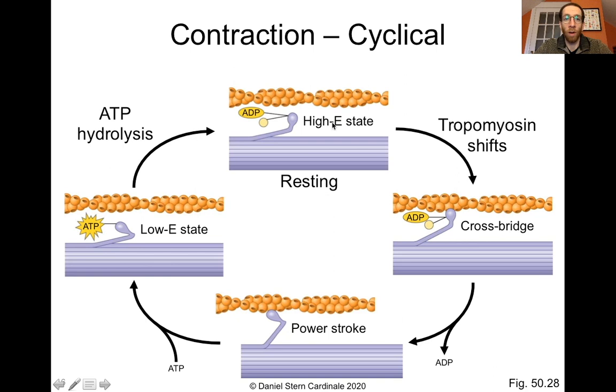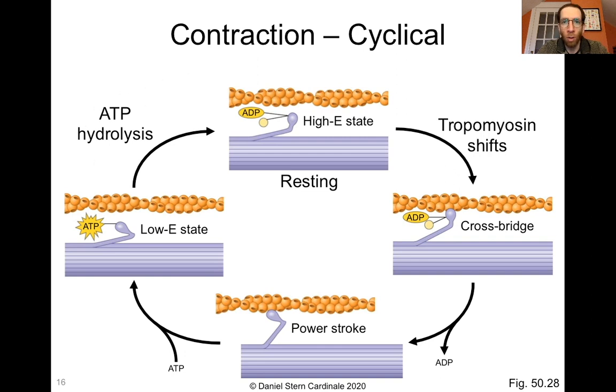So that's the process of a muscle contraction. The big thing I want you to get is each cycle costs 1 ATP. It starts with a high energy resting state where you have ADP bound to the myosin that forms a cross bridge as soon as the actin is available for binding. So once the tropomyosin shifts out of the way, that leads to the power stroke because this is still unstable. The way you make it more stable is by getting rid of the ADP. That leads to the power stroke, and that's where the actual shift takes place. And then you add another ATP to ultimately get back to your resting state via ATP hydrolysis.